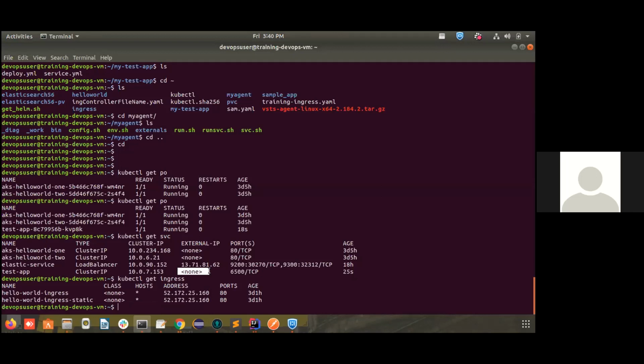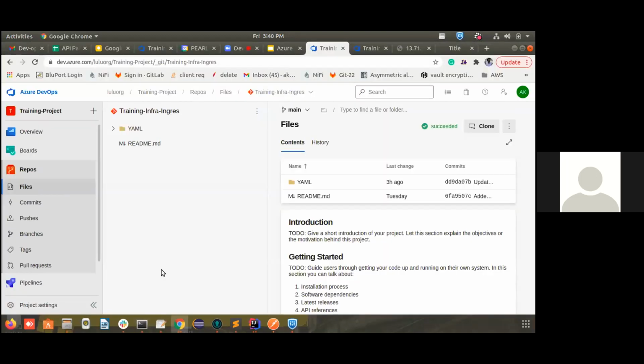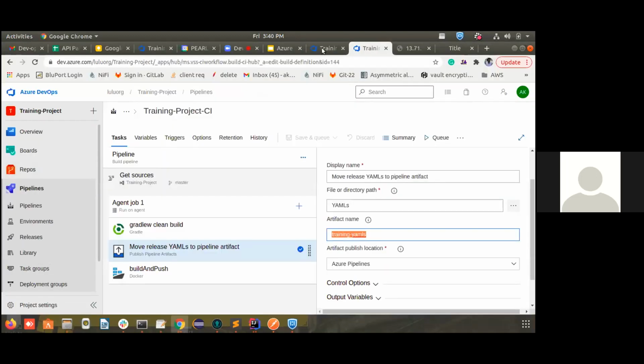So please don't use load balancer IP for testing for more than 5 minutes or 2 minutes. You can use it, but after that make sure that you turn that off. In other cases, use the cluster IP itself. With the cluster IP, you will be able to route it through the ingress. So if you have any doubts in routing through ingress, you can come back to me.